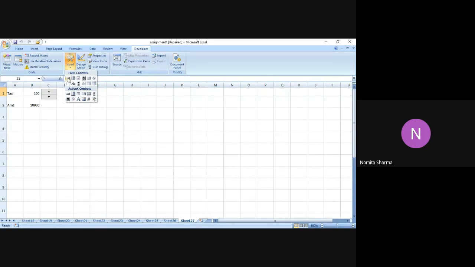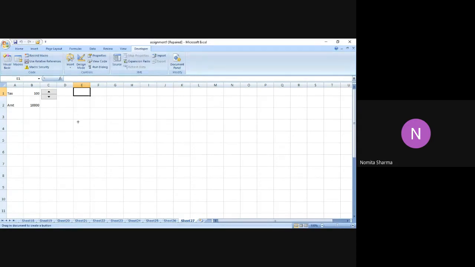So I click on the developer. In the developer, I went to the insert option. In the insert option, I selected the very first option, that was the button command. When I click on that button command, you see that when I put my cursor in Excel, that plus sign will appear.